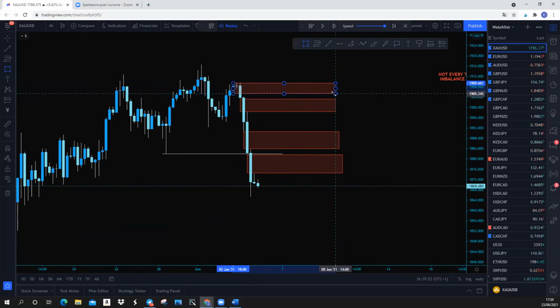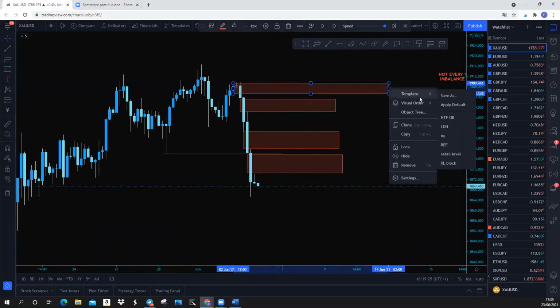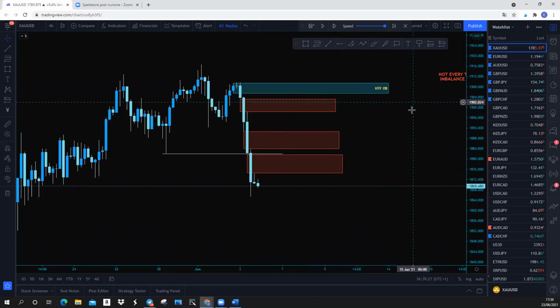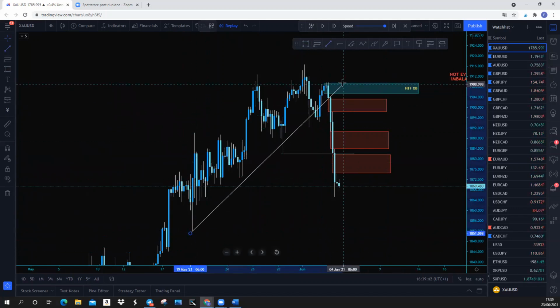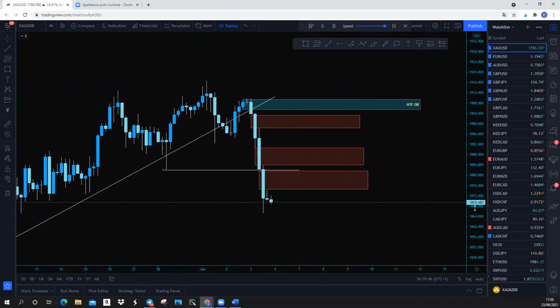Here we have supply. Supply area, small candles before the big push. The big push is leaving behind imbalances. The big push is breaking the structure of the market. We are turning bearish, breaking the structure. If you want to, we are also breaking the trend line. Well, I don't really use it that much, but okay, we're breaking the trend line,